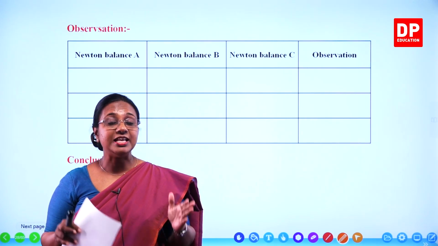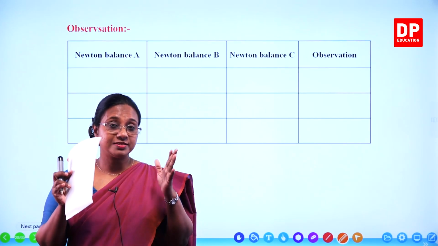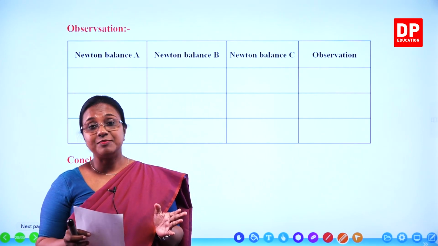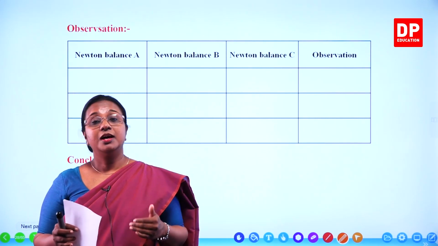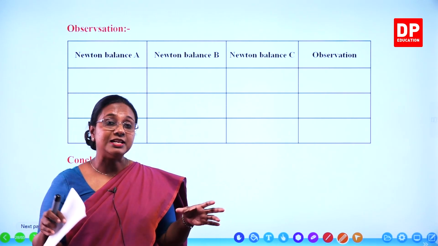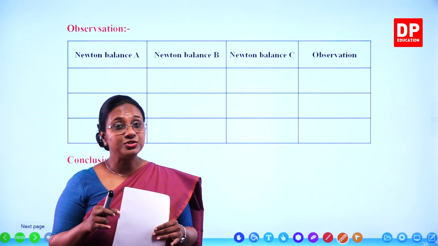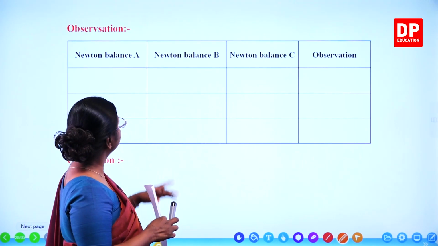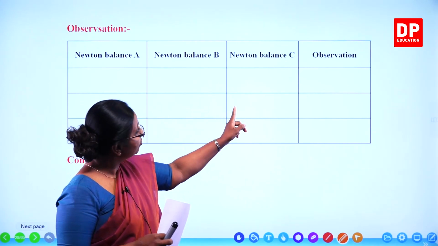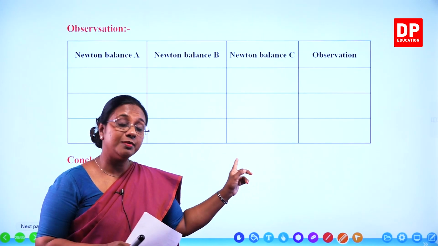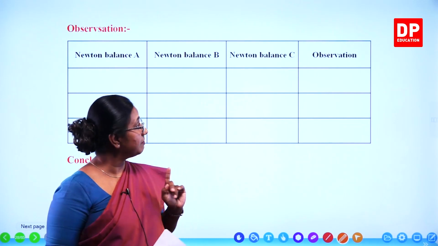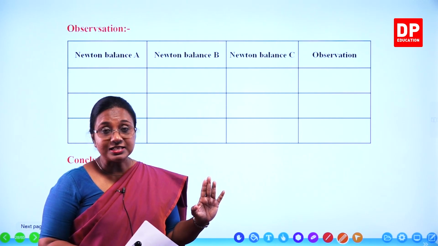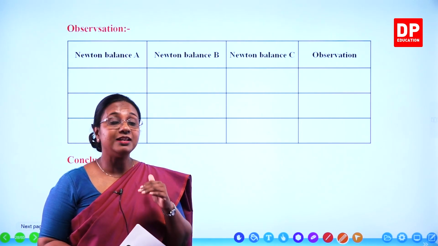So you were able to observe the activity clearly. You were able to see that the strip of wood, the plank of wood, was kept at the same position. We should not let it move. At the same time, I got help from a student to pull the balances as well. So you were able to see that we applied the same forces from Newton balance A and B, and you were able to observe the reading of Newton balance C, and also what happened to the plank. In all instances, we tried to keep the plank at rest.